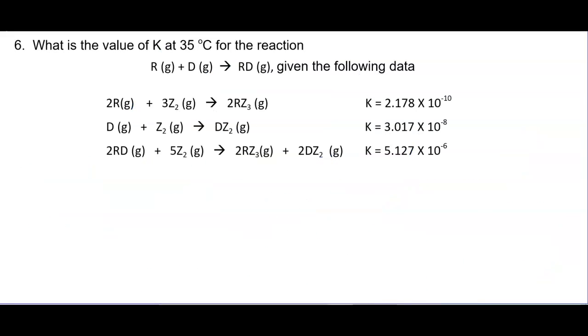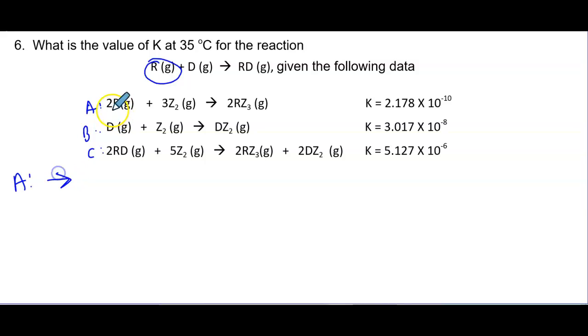Okay, this example here, we have 3, so we'll label these as A, B, and C. Probably have not given myself enough room. Okay, so what in this do we see in our unknown? I see R. I don't see R by itself anywhere else, so that's a good one. Okay, so I need R to be a reactant in my unknown, and it is in A, so I'm going